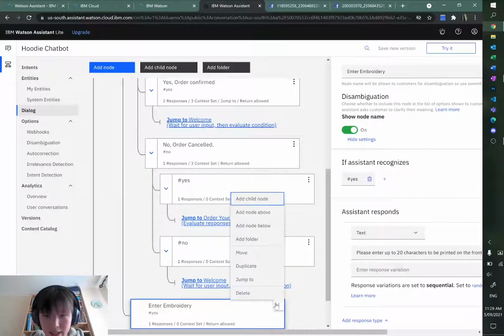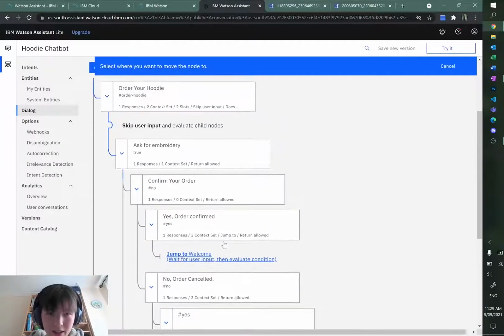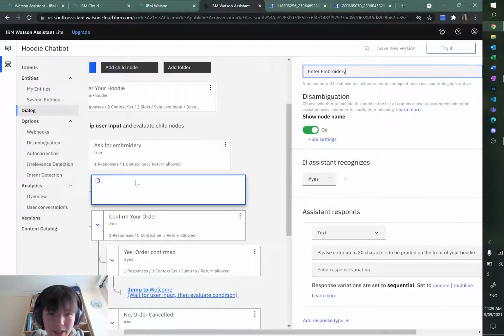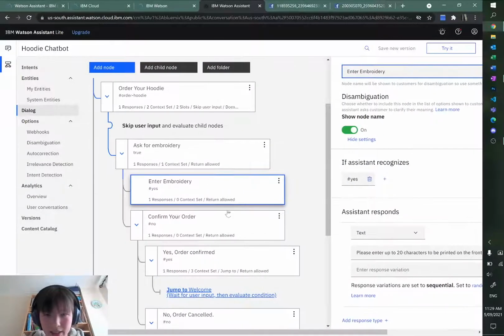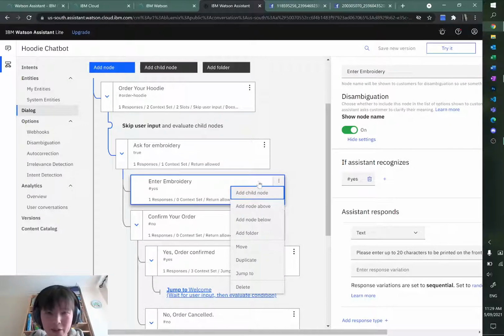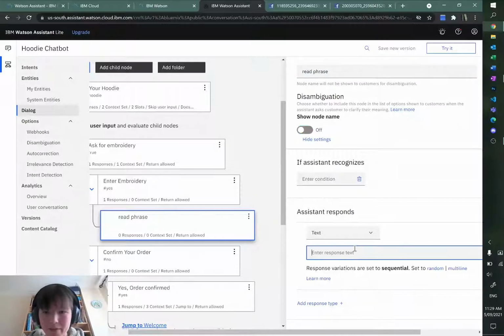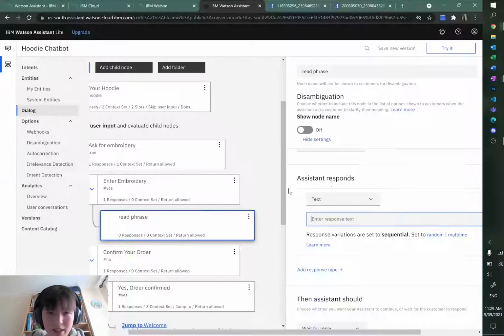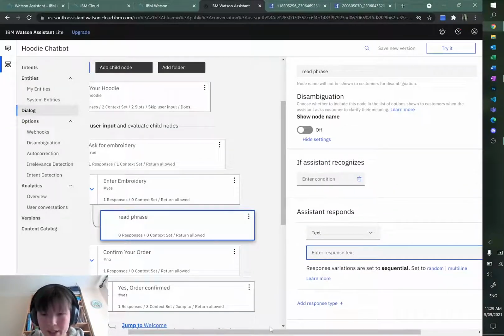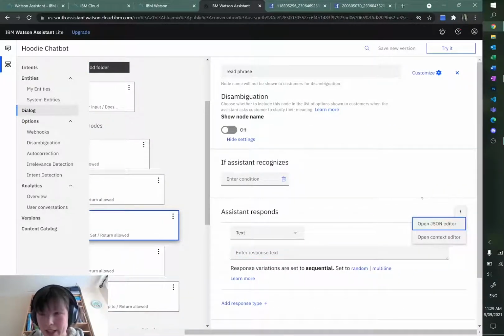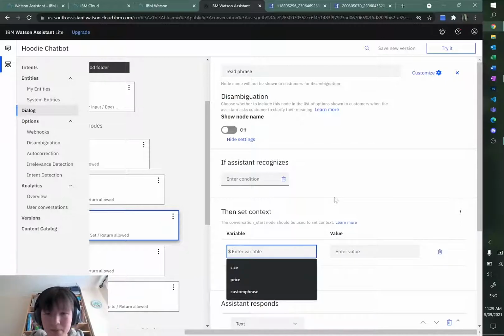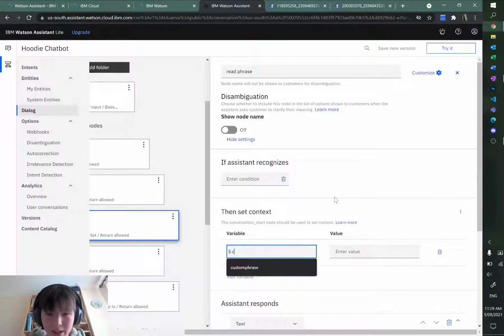Alright, let's actually move this up above the node. And let's add a child node which will read the information that the user has inputted. Right, read phrase. We don't really want to show this node name. Let's read the phrase, I suppose. So this is a bit more complex because we're reading input directly. We want to read phrase,